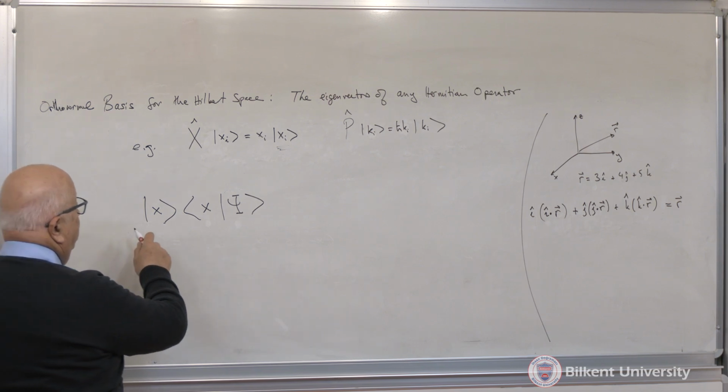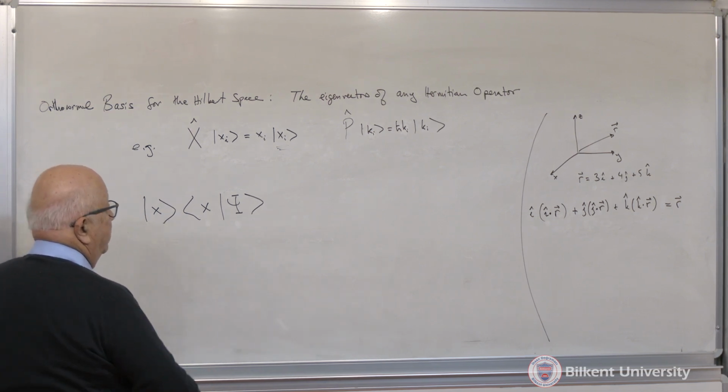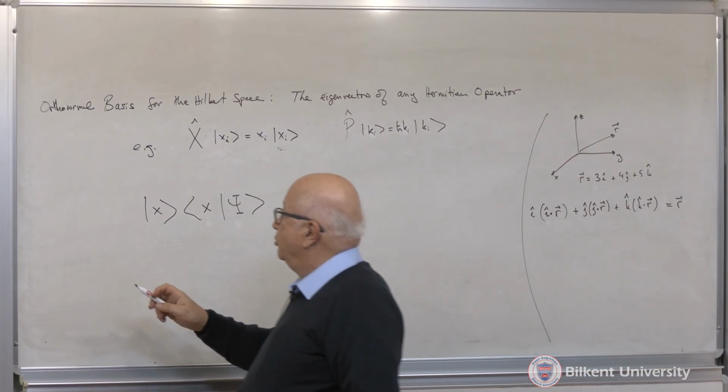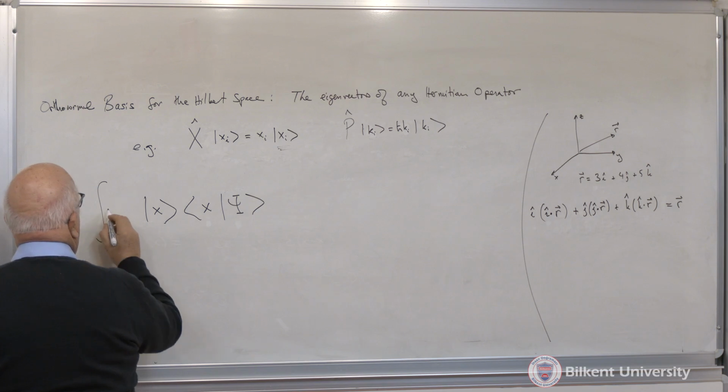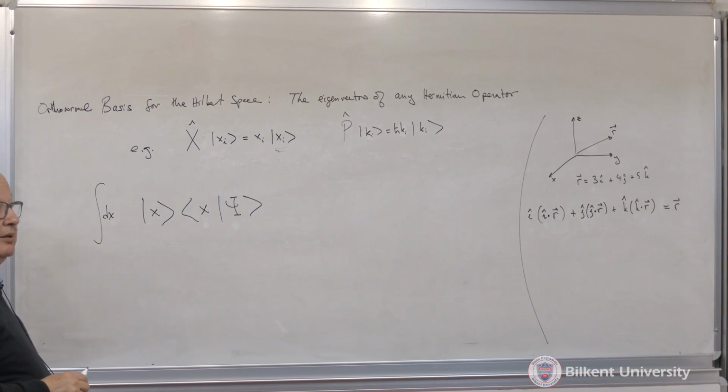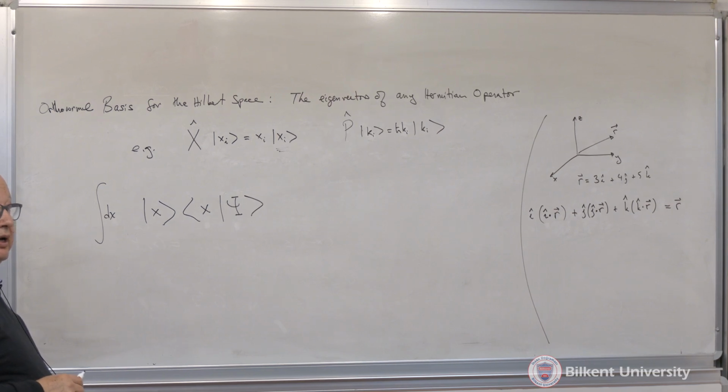Now if I do that for all components, here I had to do it for 3 of them, but this x forms a continuum, so if I multiply it by x and integrate,